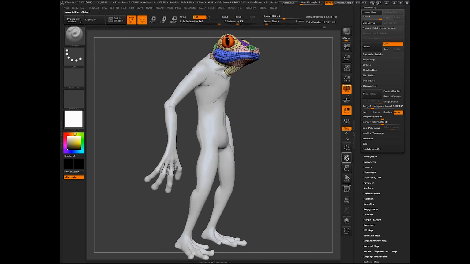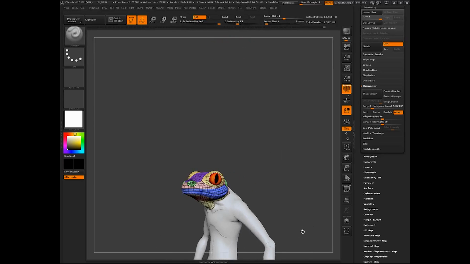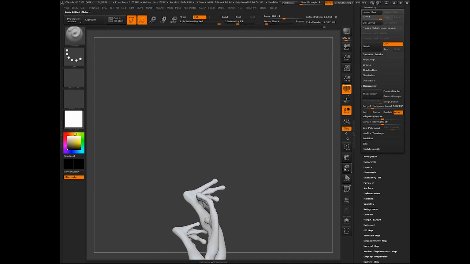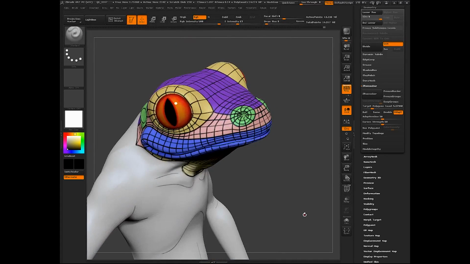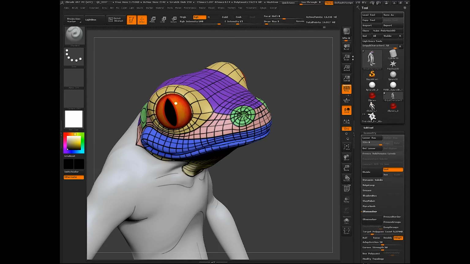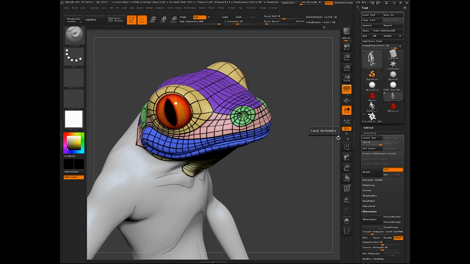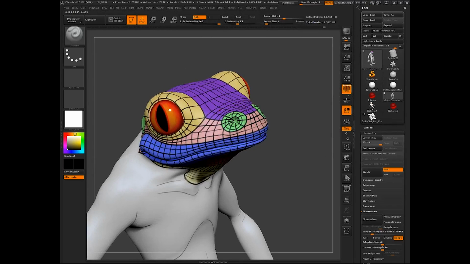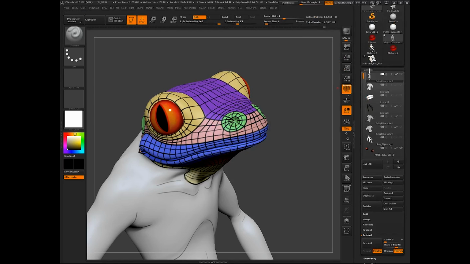So we've planned out most of the head. I think that most of it, other than that neck, looks pretty decent. So what I'm going to do now is show you how to go ahead and retopologize this. Okay. So the way that we're going to retopologize this, you can only use this correctly if you only have one subtool. And right now I've got a lot of subtools in here.